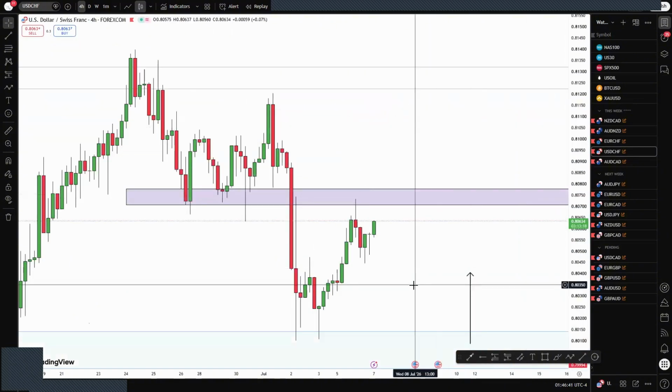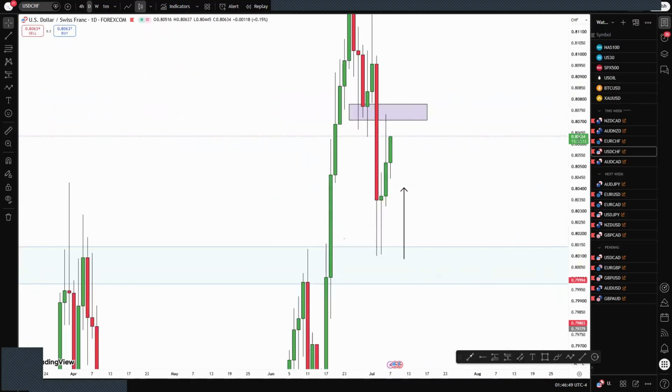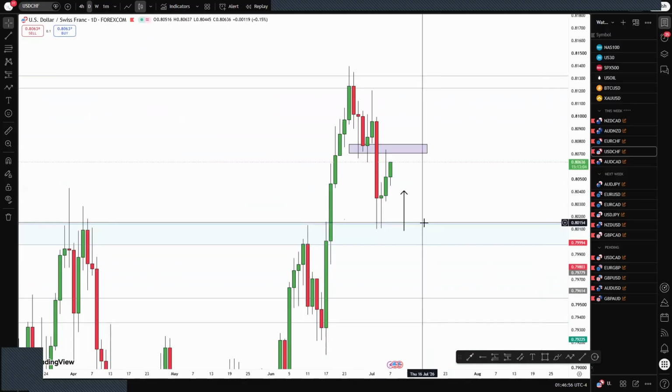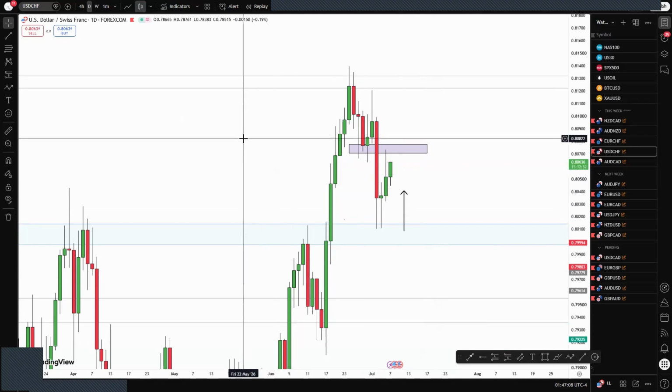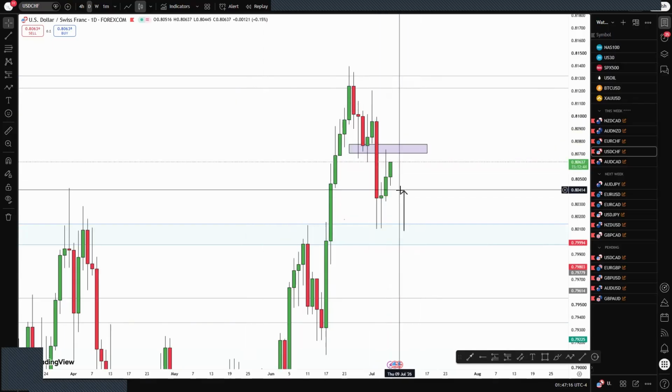USD CHF. I need price to come back here, and it will. It will come back here. Trust me, it will come back here. Just needs more time. That's all. Yeah, just needs more time. If you can pay closer attention, this candlestick, this type of